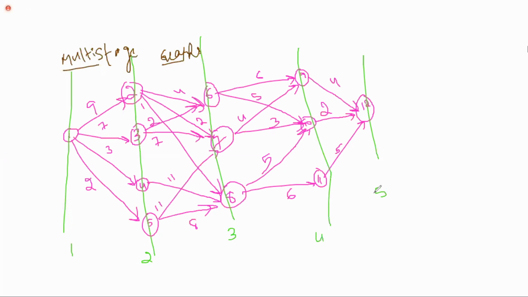How can we find it? I already told you that dynamic programming purely depends on the principle of optimality. Principle of optimality means at each and every phase we have to take the optimal decision, the best solution. Same in a multi-stage graph: from stage 1 to stage 2, which path gives the optimal solution? Next, stage 2 to stage 3, which one? Stage 3 to stage 4, which one? Stage 4 to stage 5, which gives the best solution? So this comes under dynamic programming.